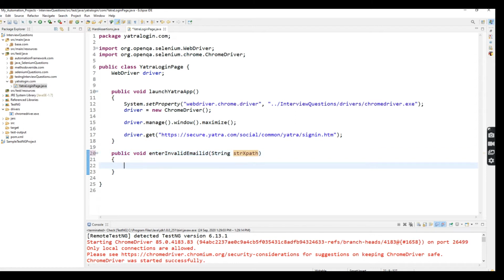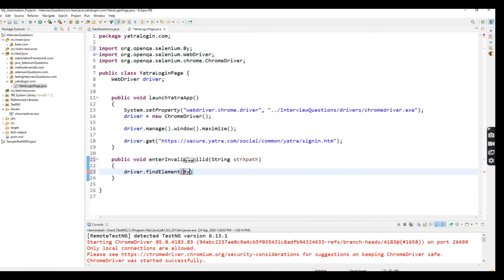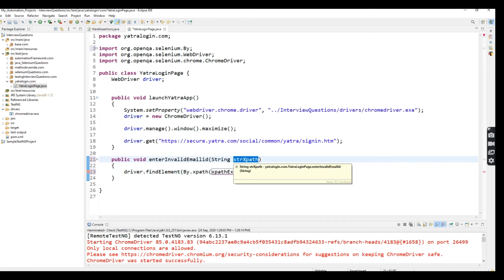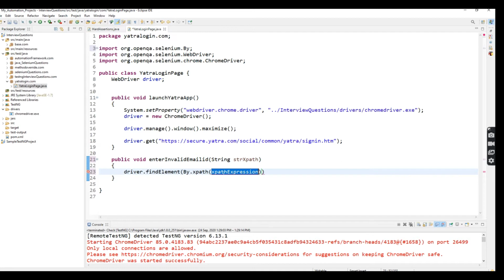So here I'm going to pass the parameter inside driver.findElement(By.xpath). So this is the parameter, right, which I stored as a string. This parameter I'm going to pass inside. So here I'm going to pass a value using sendKeys. Here I'm going to give ABCD, like the invalid email ID.